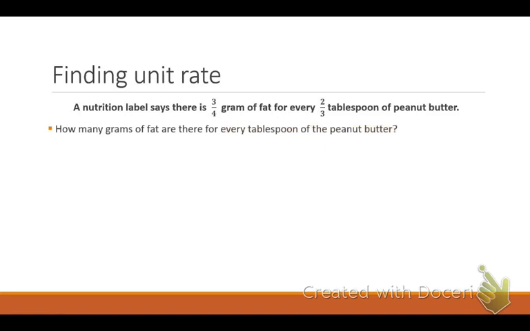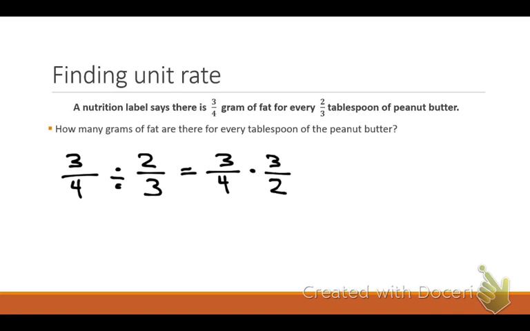You can take these notes with me if you want. It's going to be 3/4 divided by 2/3. So I'm dividing the first quantity by the second quantity, and remember, the second quantity is the quantity I want for the unit rate, which is the same thing as 3/4 times 3/2. Don't you love it once it flips, then you can't reduce anything? But that ends up being 9/6, or 9/8, sorry, 9/8. Sorry, it's been a long day. 9/8, and we say grams of fat